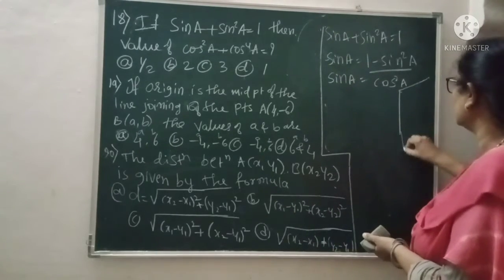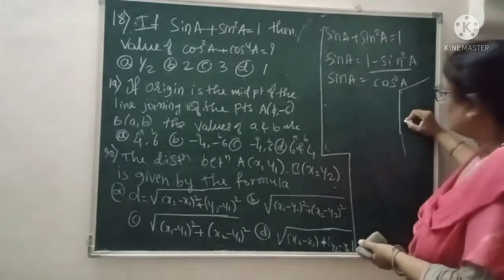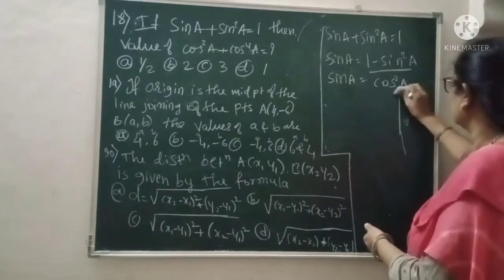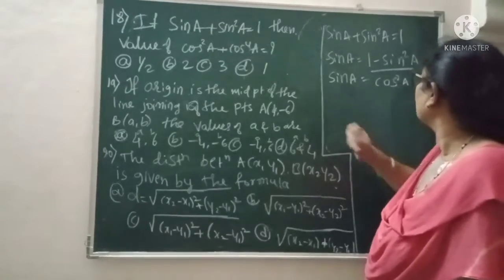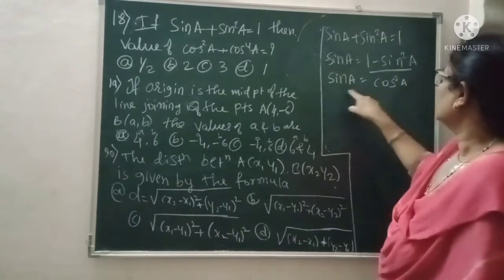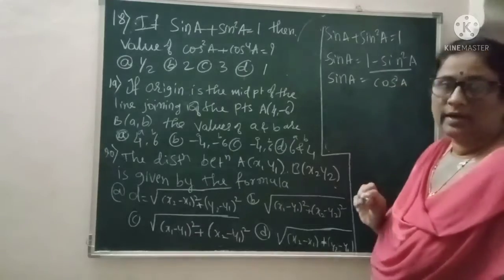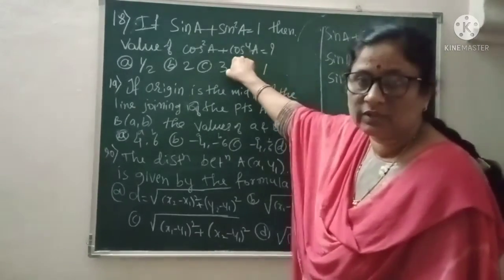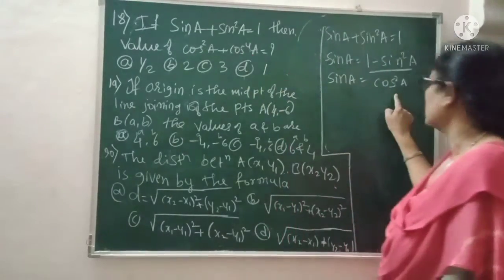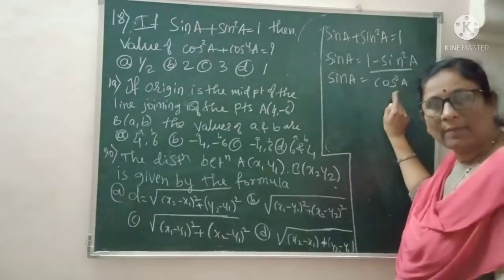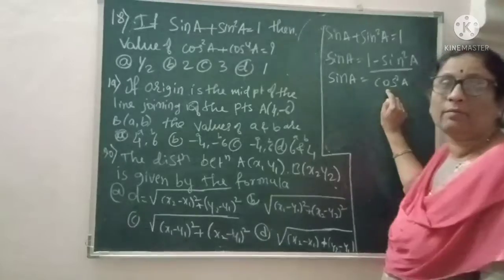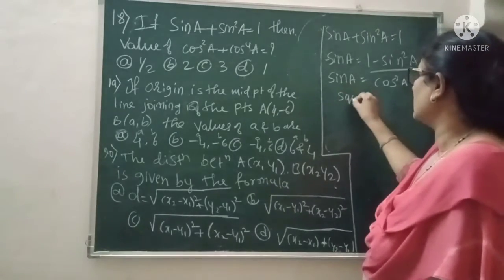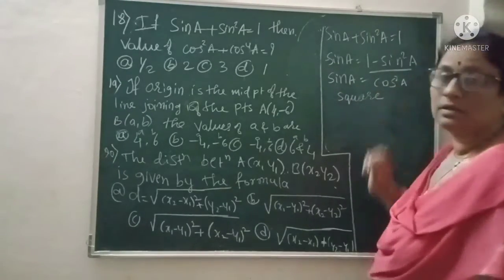For your reference, you can write it here. You can understand, not messing up. This one is just MCQs, hope people can do this one. Now, we have got sin a as cos square a. Now how to get cos fourth a? Very interesting. Any logic? We have here cos square a, so I can make it cos fourth a if I square on both sides. That means taking the square on both sides.